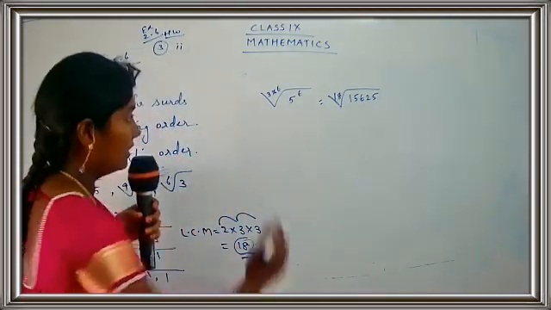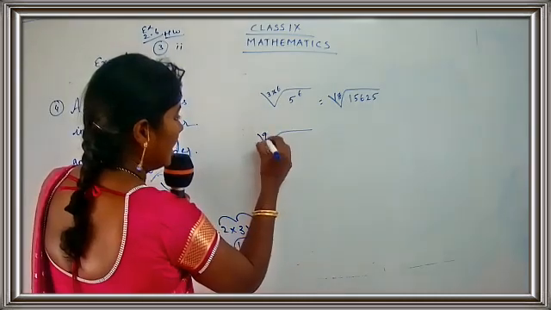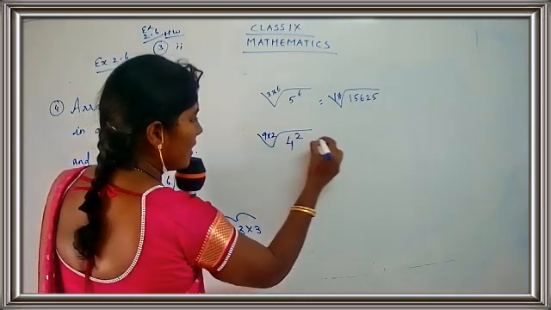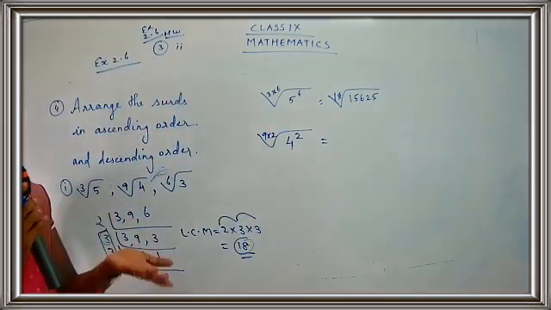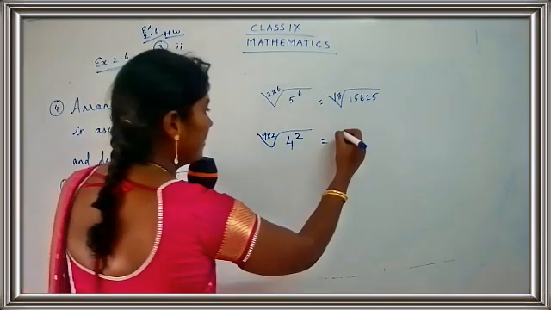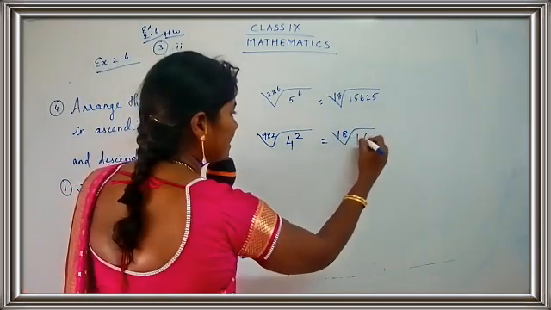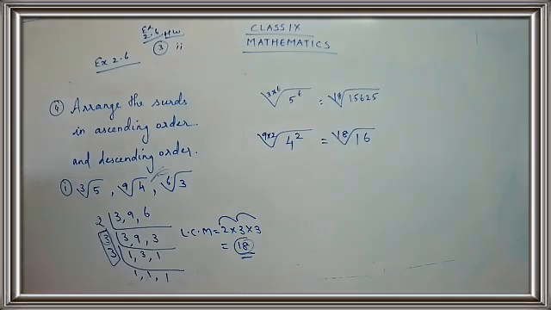I just write a little bigger. So 9 into 2 and this is 4 squared. What is 9 into 2? Simple calculation. So you get here the 18th root of 16. 4 squared. What is 4 squared? 4 into 4. That is 16. Here no need to go for the calculation. Here we can do the calculation mentally. So the 9th root of 4 changes to the 18th root of 16.